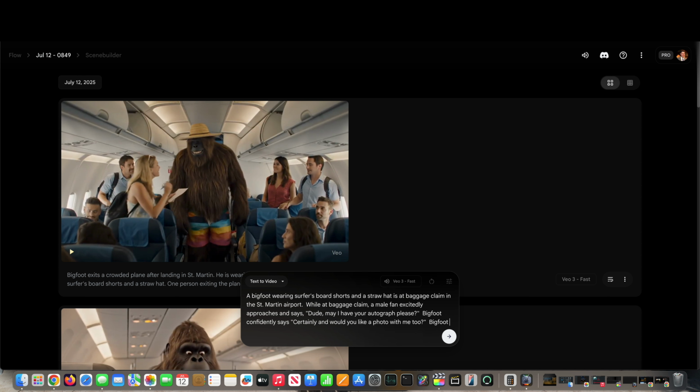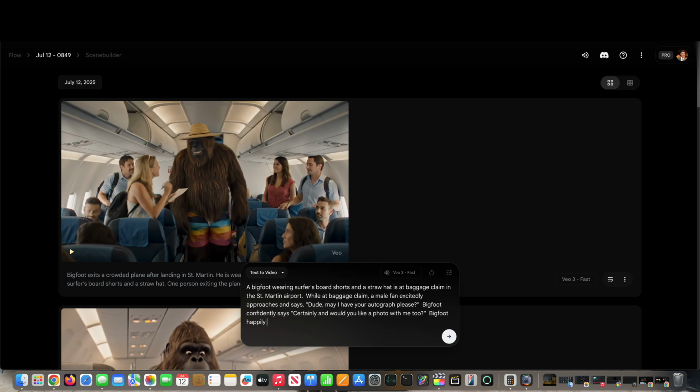Bigfoot happily signs an autograph and happily snaps a photo with the fan. Now, I want to see what it does this time because I mentioned fan instead of